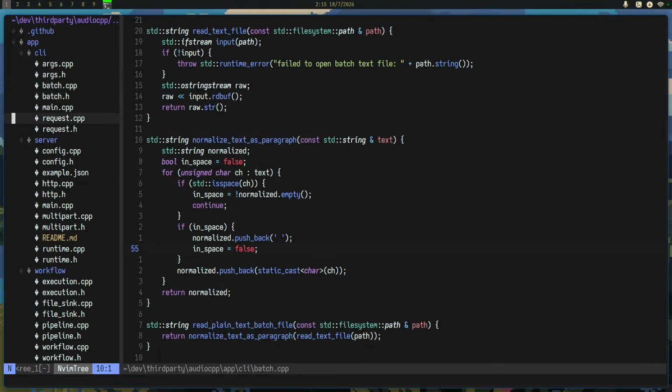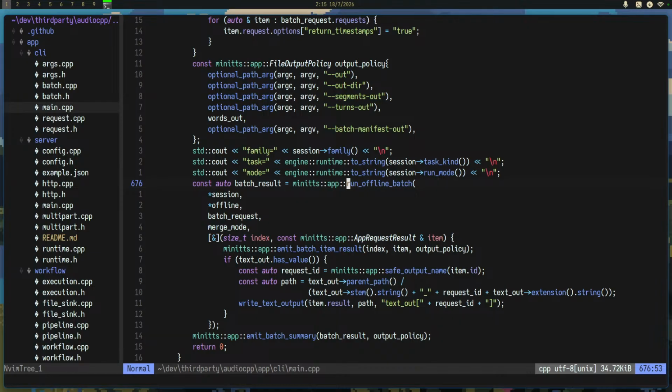There's no way I can't find this function. It's right there. Where the hell is this?